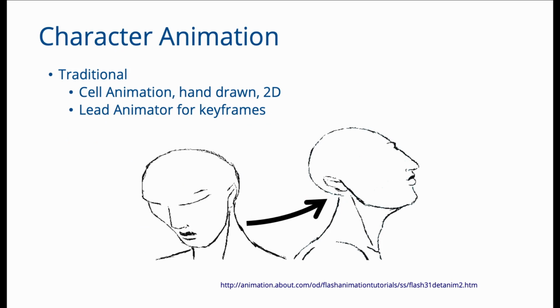So what is cell animation or hand-drawn animation? In order to create such an animation, there is usually a team of animators, out of which there are a few lead animators. The job of the lead animator is to draw the key poses. The key poses are the important poses that define what kind of movement is happening. Here you can see that this person is going to turn his face. So these two images, you can think of them as the keyframes or the key poses.